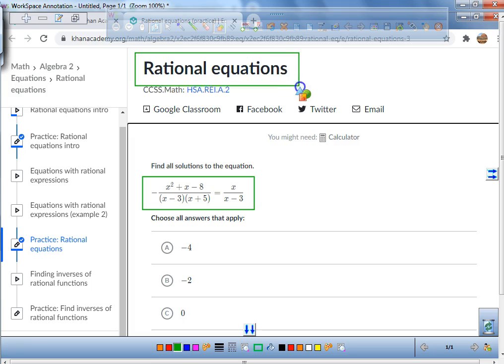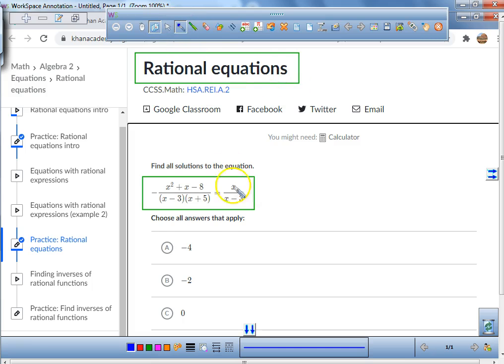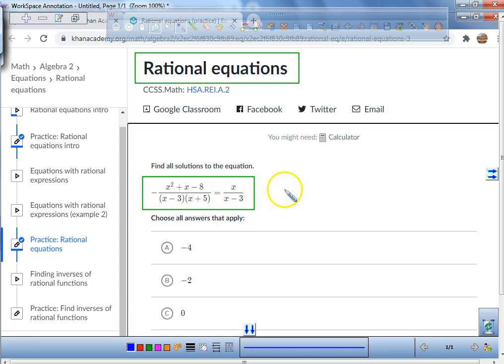Title it Rational Equations. Now what I'm going to do, because there's this pesky little negative sign, I'm going to apply that negative to every little thing that's in the numerator. So could you guys do that with me right now? We're just going to apply that negative. So it's going to become what? A negative x squared. A negative x. And a negative times a negative is a positive. So I'm going to put plus 8